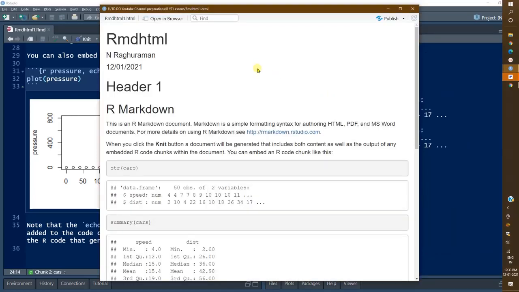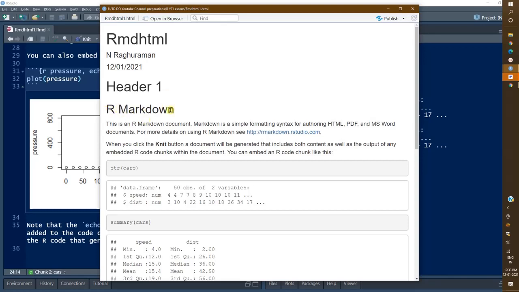So we have got an HTML file, and the title, whatever title we have given in the YAML header, is shown here, along with the name of the file, the name of the author, plus the date.